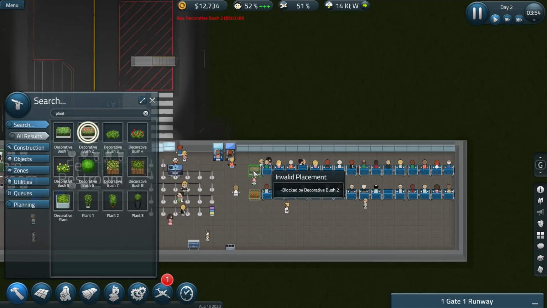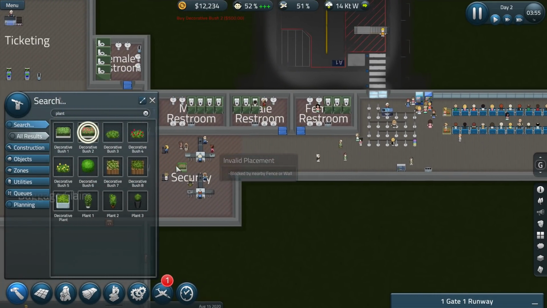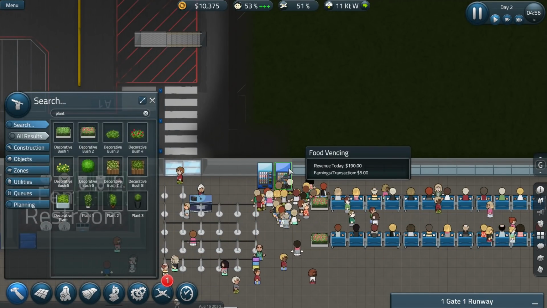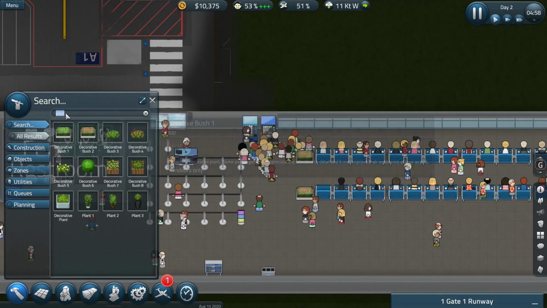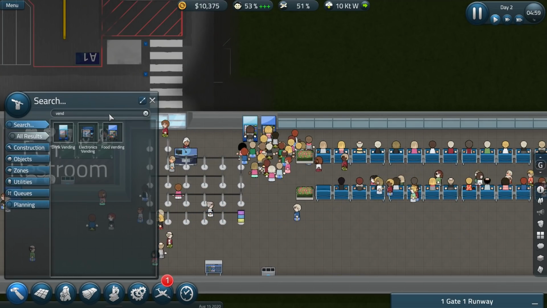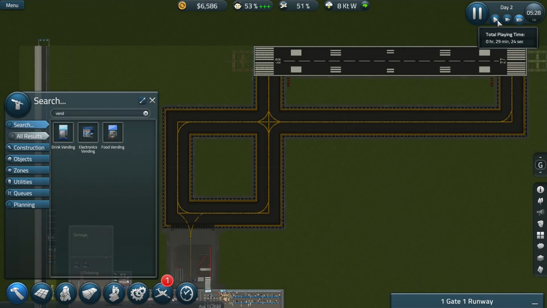Sure. Put it on the end there. We want everyone's airport experience to be a pleasant time. Interesting, interesting. There seems to be a demand for the food vending. All right, let's get another one. I don't want these people leaving for their flight before they get their food vending needs met. I want the opportunity to charge them before they...